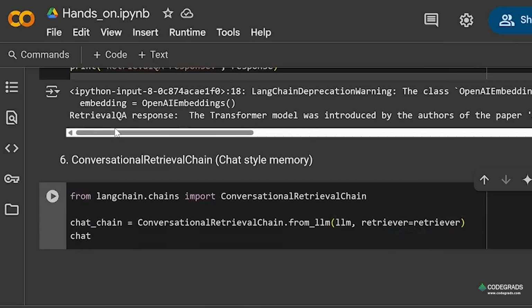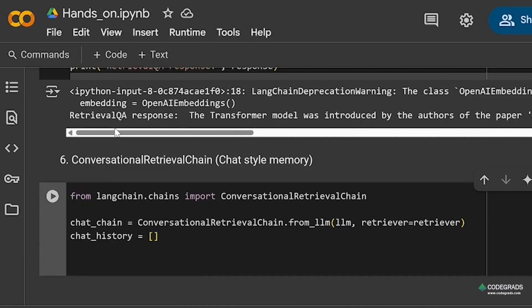I'll mention a name, chat history, to store the previous conversation. I'll mention a query, suppose: what is the transformer architecture,